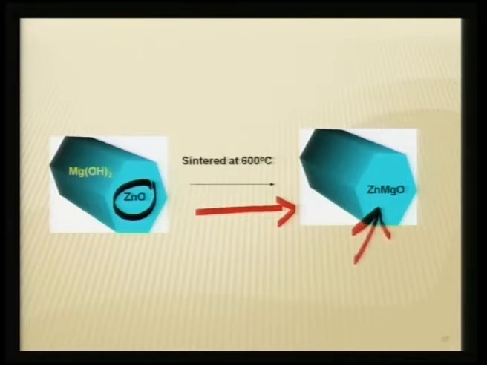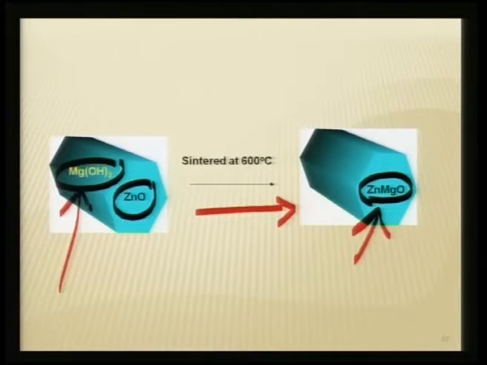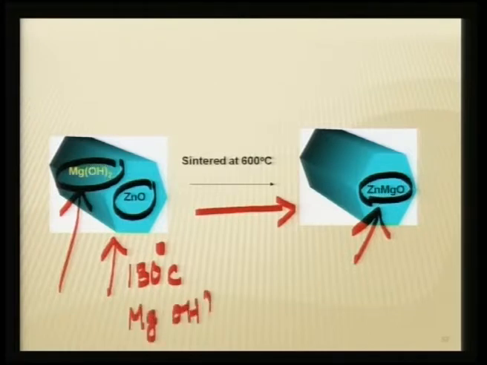In other words, here you would see zinc magnesium oxide alloy may be forming for the first time, but the as prepared compound may have zinc oxide rods predominantly coated by magnesium hydroxide. Why? Because the processing route to prepare this zinc oxide rod is only at 130 degrees C, which gives you these zinc oxide rods. But if you look at the decomposition temperature of magnesium hydroxide